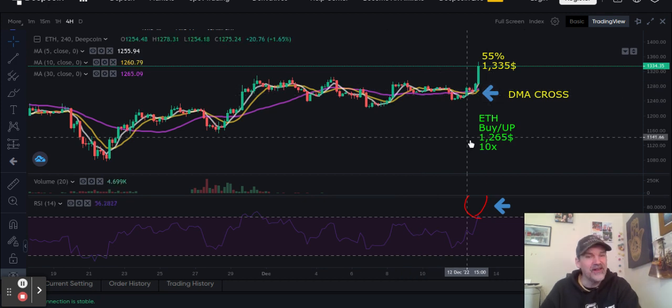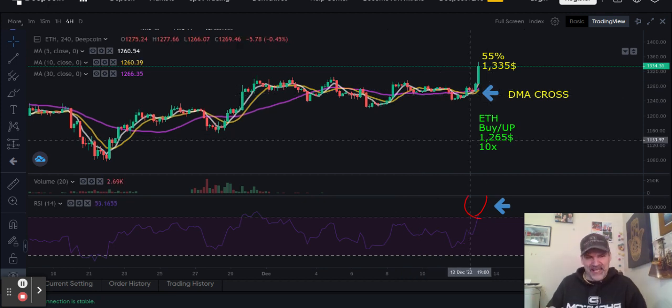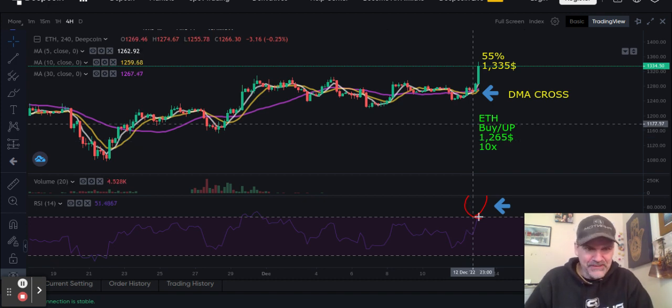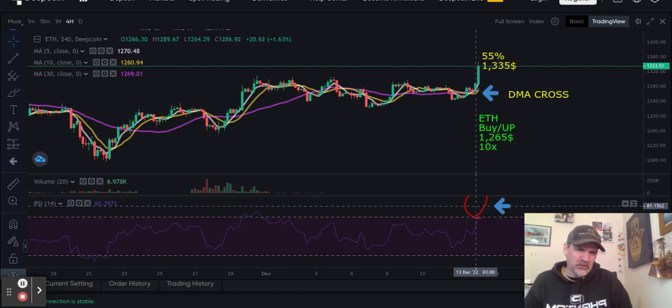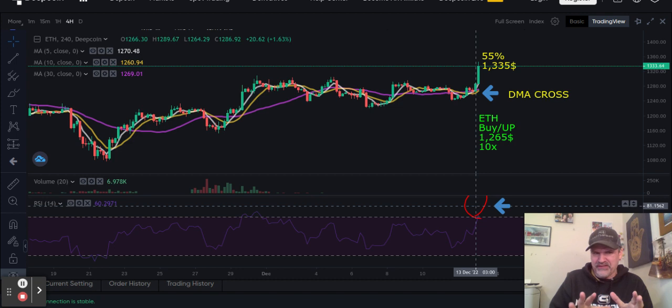Okay? And so that's how you want to play Ethereum for the rest of the day, mates. If you're in the trade, wait for the red. If you're not in the trade yet, wait for the red. Okay? And then sell down. Do a sell down trade. Do not anticipate this getting any higher than probably 85. It's 10:15. Probably get a little bit of run up. We'll see what happens after that lunch period.